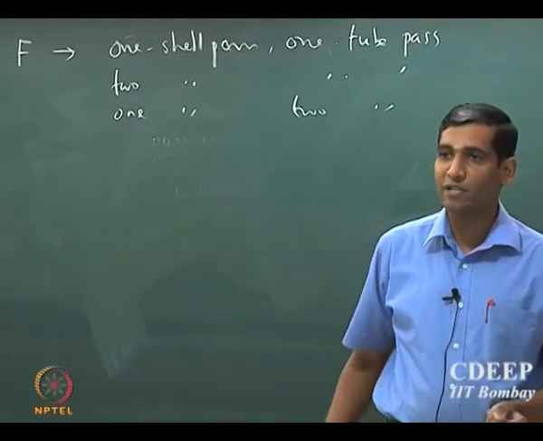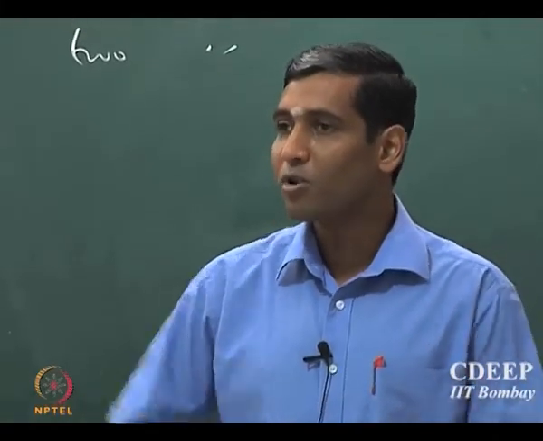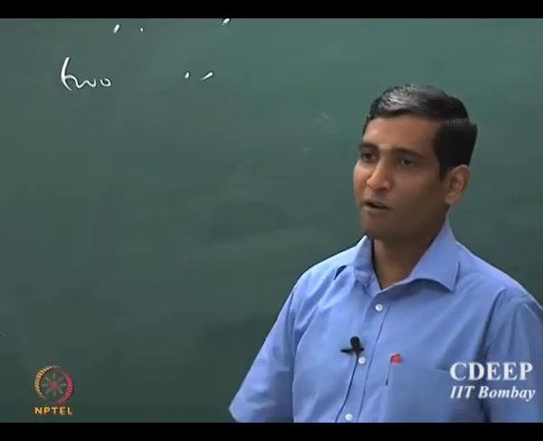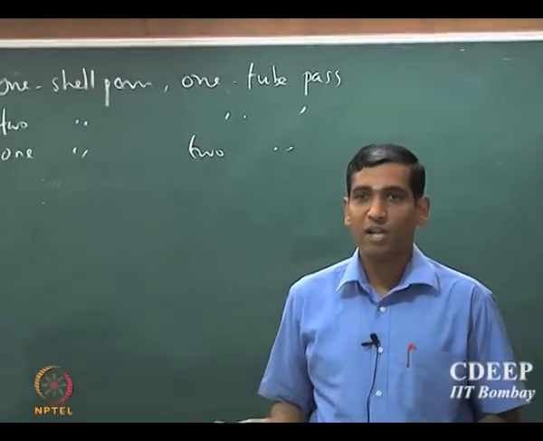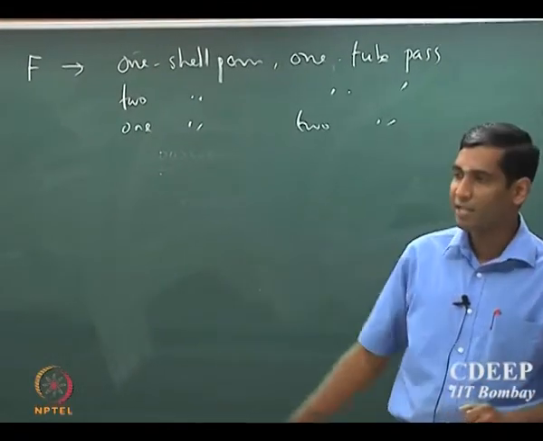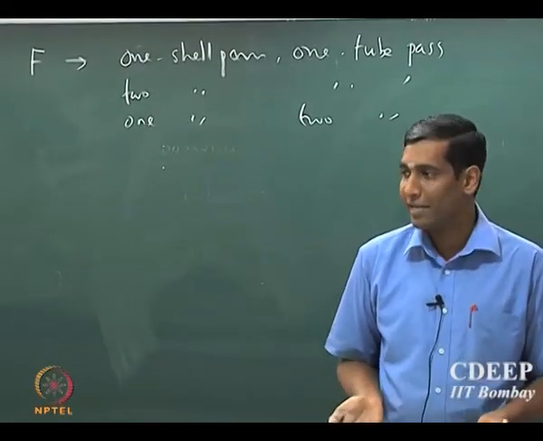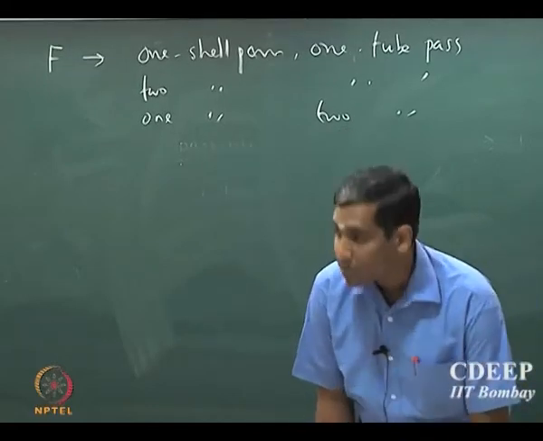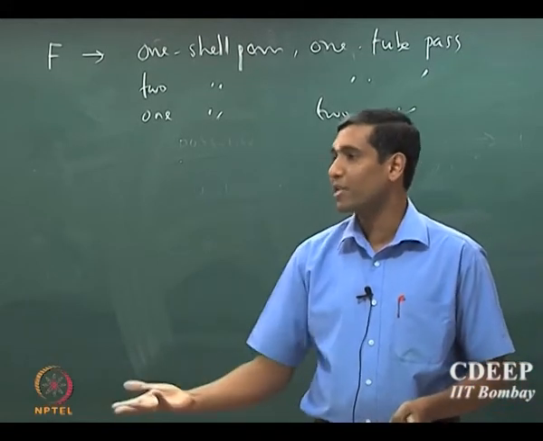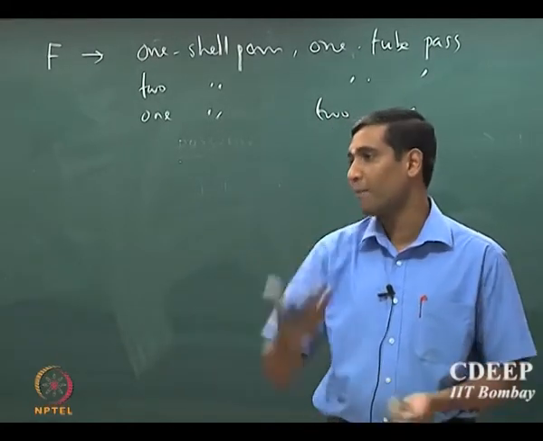Remember that the shell and tube heat exchanger is actually the workhorse of heat exchange processes in any industry. Most of the heat exchangers you will see will be of that configuration. So this has been worked out for almost all possible combinations of shell and tube heat exchangers, and there is no need to go over it again and again, but it is important to realize that it is the fraction of the counterflow, and counterflow is like the upper limit for shell and tube heat exchangers. That is correct. So it has both co-current and counter-current. Now what it turns out is that counter-current flow is the best mode, right? Because for the smallest area you can have maximum heat transport. That is why counterflow is like the upper limit for shell and tube.